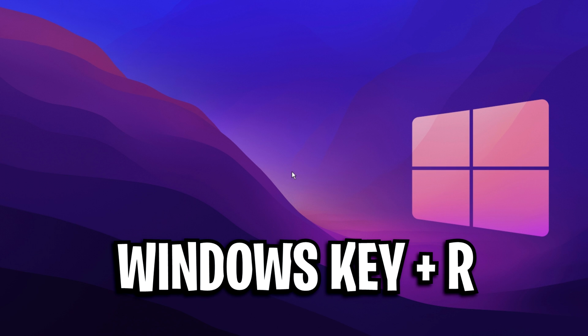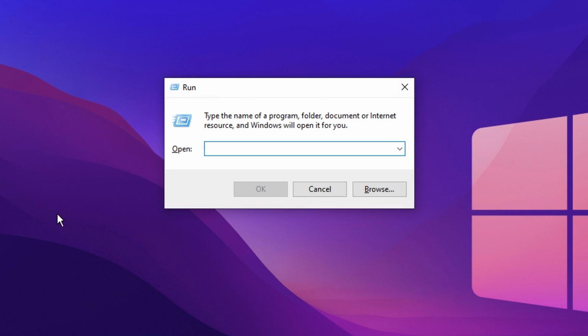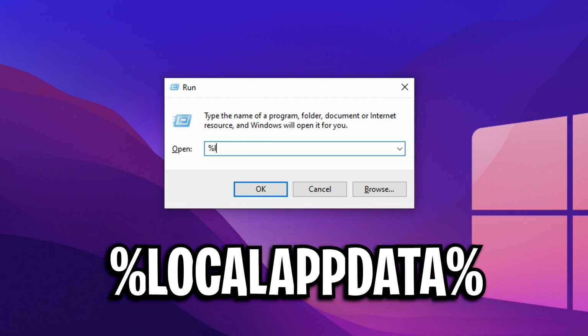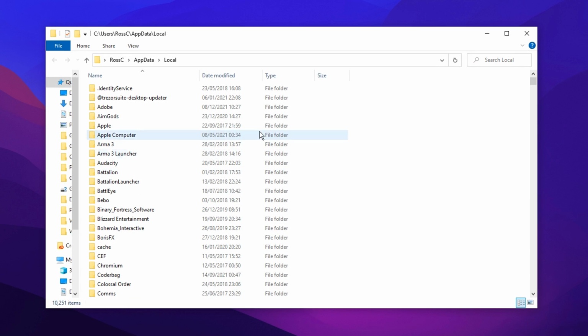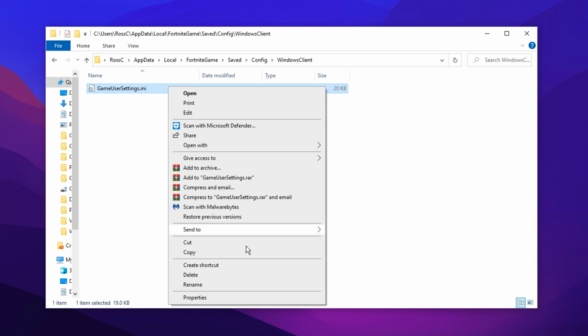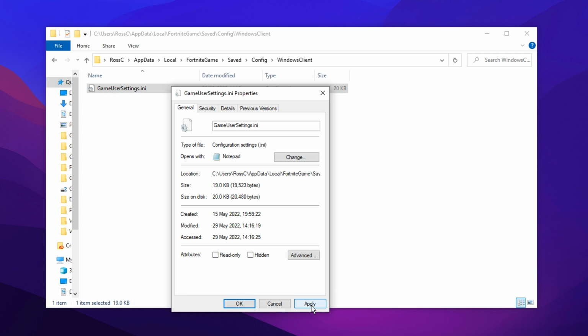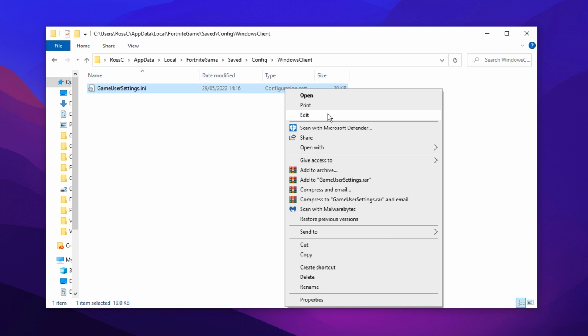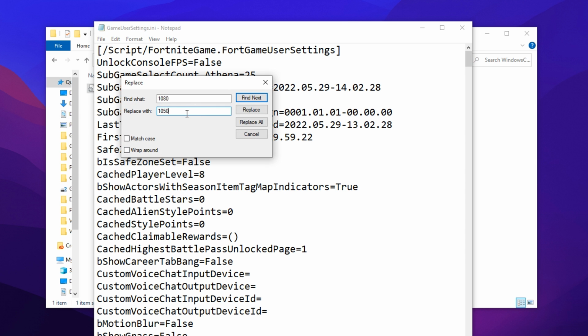we did earlier, press the Windows key, press R at the same time, a run box should then appear, type in the exact same command we typed in earlier, which is %localappdata%, press OK, find the Fortnite game folder, go into saved, go into config, go into Windows client, and then in here, guys, you want to go ahead, right click on it, click on properties, uncheck read only, press apply, press OK, then you want to edit the config,